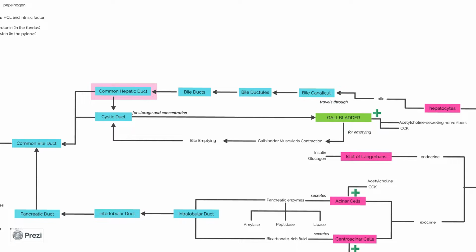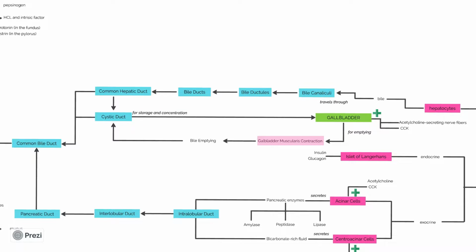These structures gradually merge to form the common hepatic duct that joins the cystic duct from the gallbladder and continues to the duodenum as the common bile duct. The gallbladder is used to store bile and concentrate it. Bile helps to emulsify the fats in the chyme and leads to the formation of micelles, which are easy to